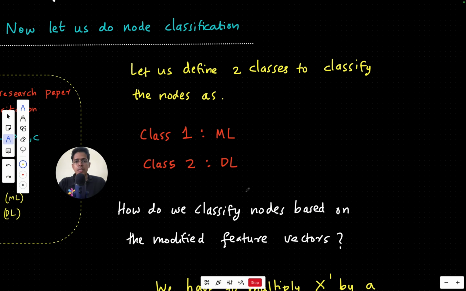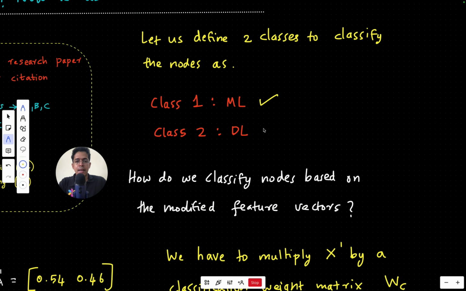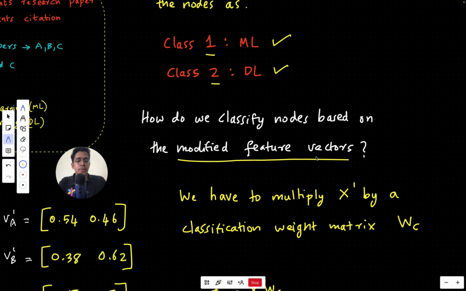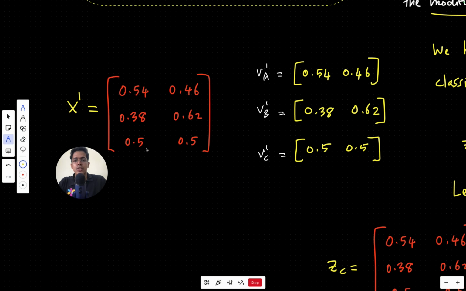Now we'll be doing something called node classification. So let's say class 1 is ML and class 2 is DL. So we want to classify each node into either class 1 or class 2. So how do we do this? Based on the modified feature vector, or rather the modified feature matrix. So first we have the modified feature vectors like this, right? This we got after softmax application. We got this X prime, which is the